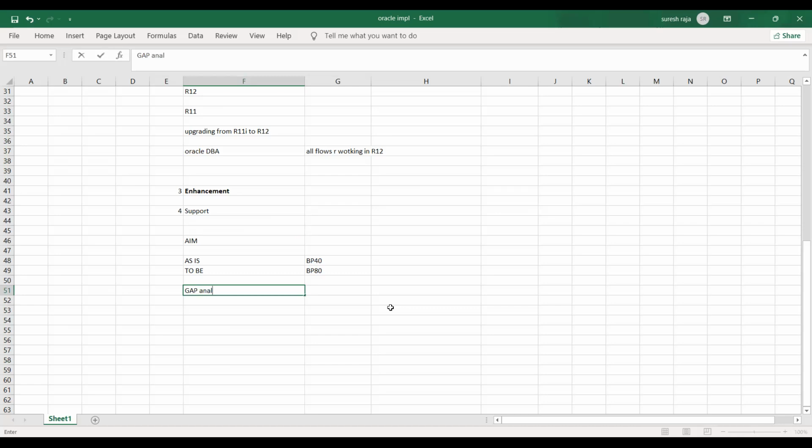Gap analysis is the main thing: the difference between the old system and the new system. Old systems, mainly in South America and so on, they have a system called Sage. It is like our Tally. In Africa also, many agencies, many countries have Sage. So the difference between the old system and Oracle: they will say Oracle is very costly and it is not giving simple things, but these are all controls. See, if you create a direct payment without a supplier, in future you don't know whom you are paying, correct? You don't have control. So if you create a supplier and make an invoice, it will go properly. They will understand that later.